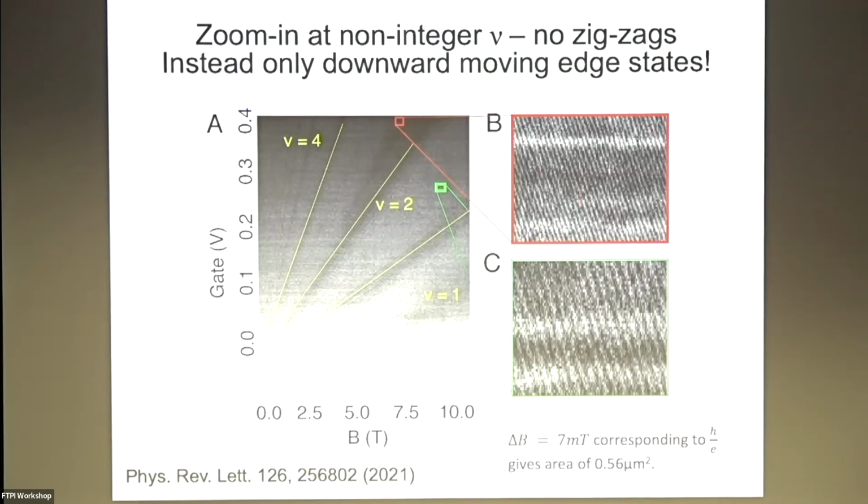Now, it turns out that I don't have time to talk about this, but we're looking preferentially at the edges of the system when we're doing this because tunneling into the bulk involves a kind of Coulomb barrier that suppresses it. So we're looking at tunneling at the edge, and what you see is something interesting. It looks exactly like the interferometry results that you saw yesterday from Philip. And the interesting thing is, if you look at filling factor 5/2, you have a spacing that is exactly half the spacing in magnetic field. And it turns out to be h/2e of flux between these peaks that are going downwards.